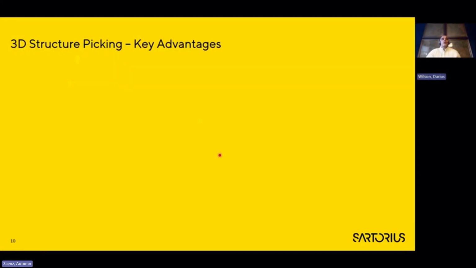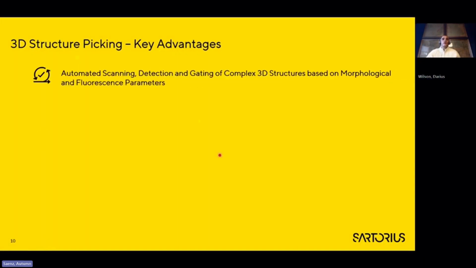So in general, there are 6 key advantages when it comes to organoid picking using the CellSelector Flex. Number 1, this is an automated instrument. It does automated scanning, detection, and gating of your organoid structures, based on either morphological and/or fluorescence parameters. Essentially, if you put in, I would like to have 200 organoids, all 80 microns in diameter, all perfectly spherical, and all with a minimum of 10 microns away from the nearest neighbor, so we're not picking 2 or 3 organoids at one time, we put this into the software. The software says, yes, we have 95, 96 of these organoids, and then you can press go, and it will pick these automatically for you.